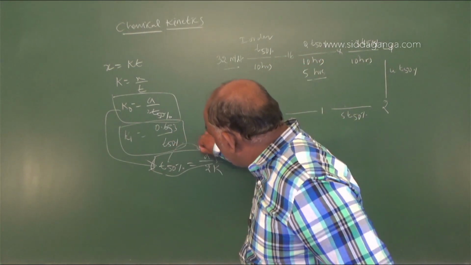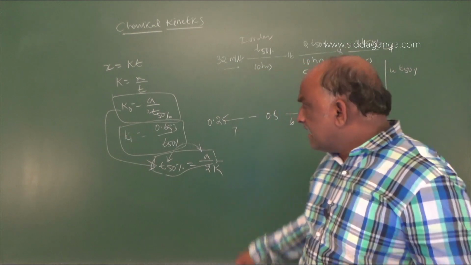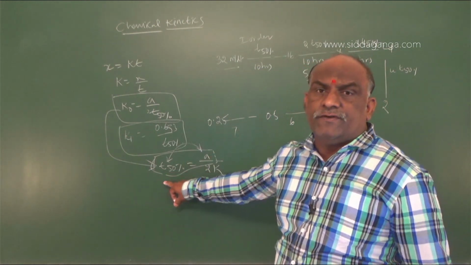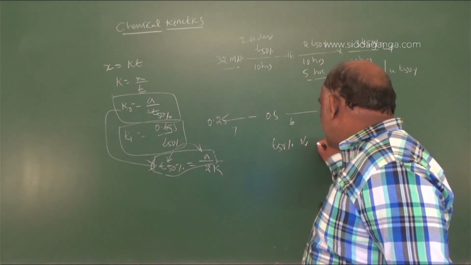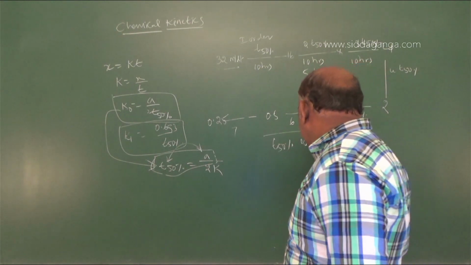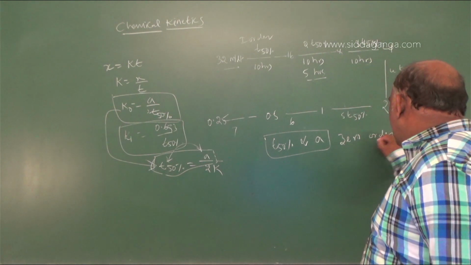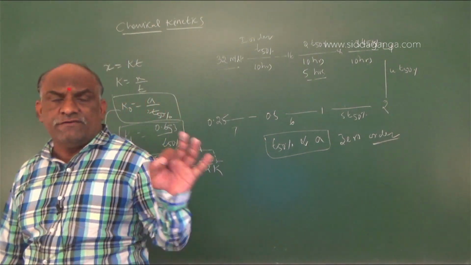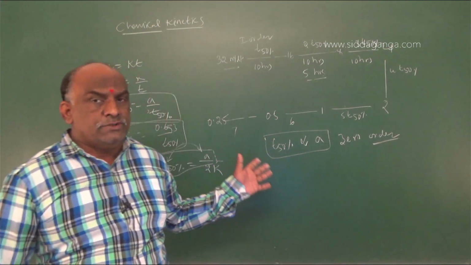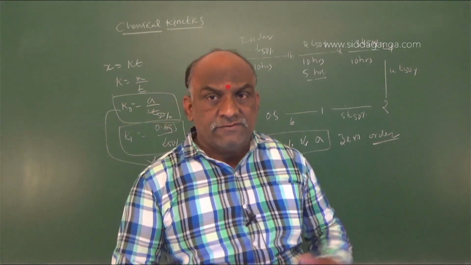Keep this point in your mind. This is very, very important from the previous entrance exam point of view. They targeted this formula only: T50% is directly proportional to the initial concentration of the reactants. This is zero order. Very, very important, my dear students. Make a note in your mind. Once you observe the 2019 and 2020 papers, they targeted this one only.